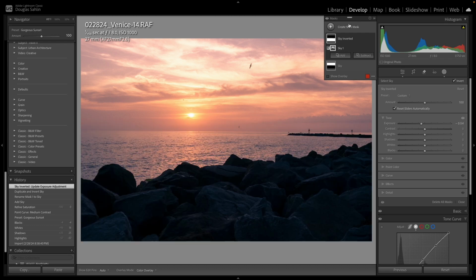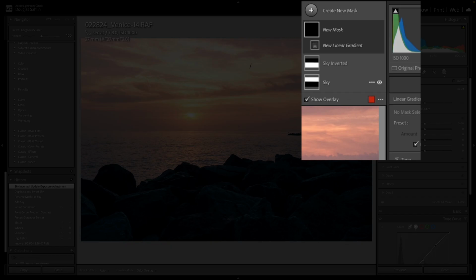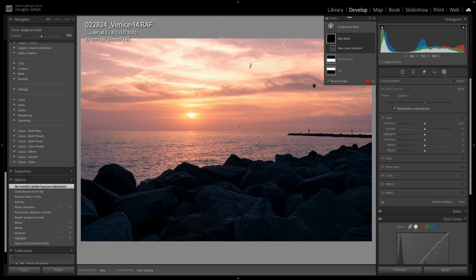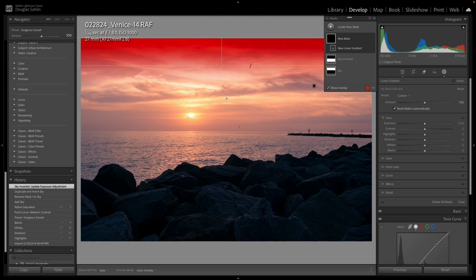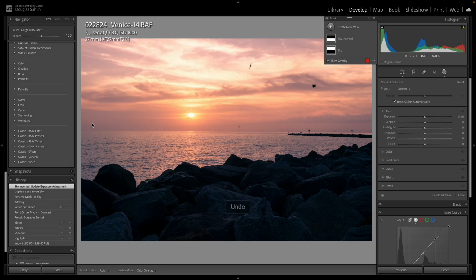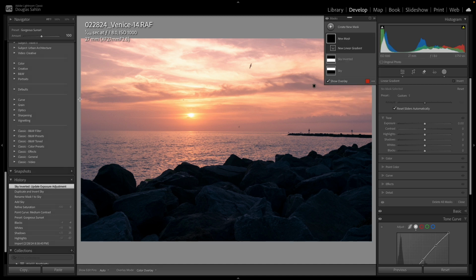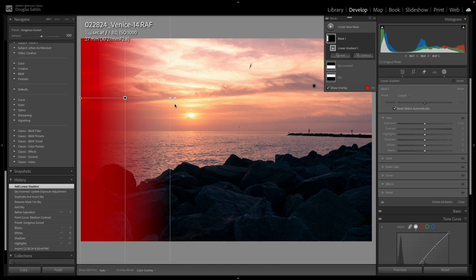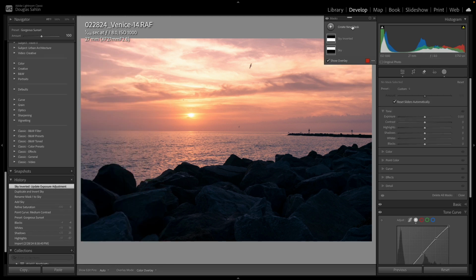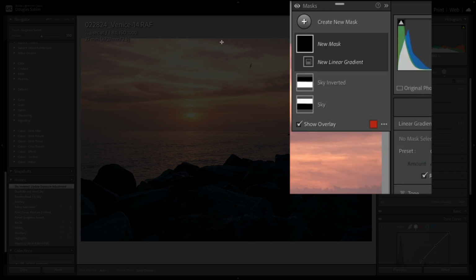But the top of the sky needs to be a bit darker. So to do that, I'm going to create a linear gradient. And when you create a linear gradient, if you hold down the Shift key and you drag down, you constrain the gradient horizontally. I'm just going to undo this and show you one other thing. If I needed to create a linear gradient from the left, I could constrain it vertically by holding down the Shift key here. But in this case, we want to darken the sky, so create new mask, linear gradient,